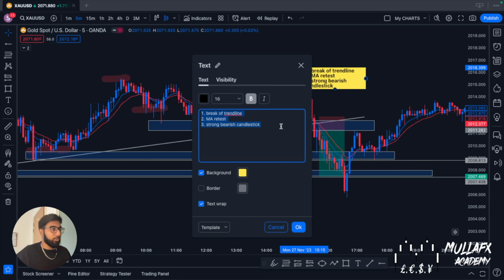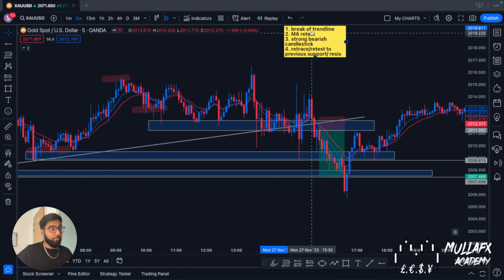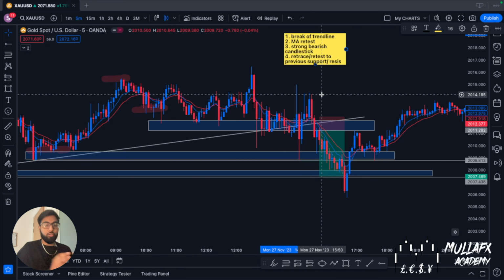Do we have any more confluences? Well, a fourth confluence is retrace or retest to previous support. Well, now it's become resistance. 4 strong confluences,